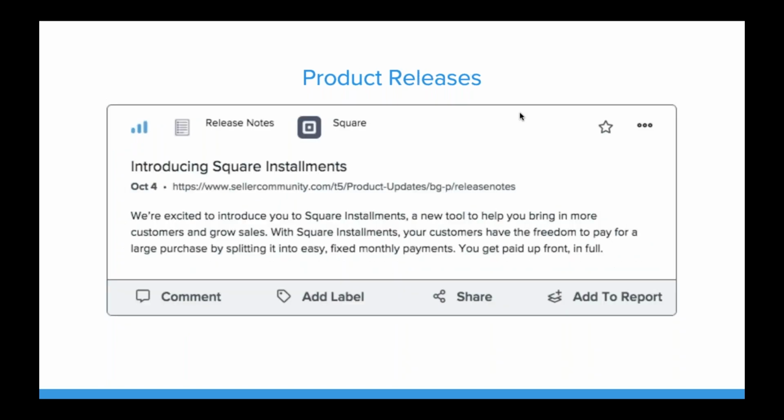Product releases. So, understanding what's new with competitors' products, where are they going, what have they recently released? Because you need to be aware of what is fresh and new among the competitor offerings, and then start to formulate your messaging around how you promote your value versus these recent releases, right? Presumably you are also releasing new products, or perhaps the competitors' products become more competitive with one of your product lines. Understanding that and preparing for that conversation as soon as those releases are made can really increase your preparation.